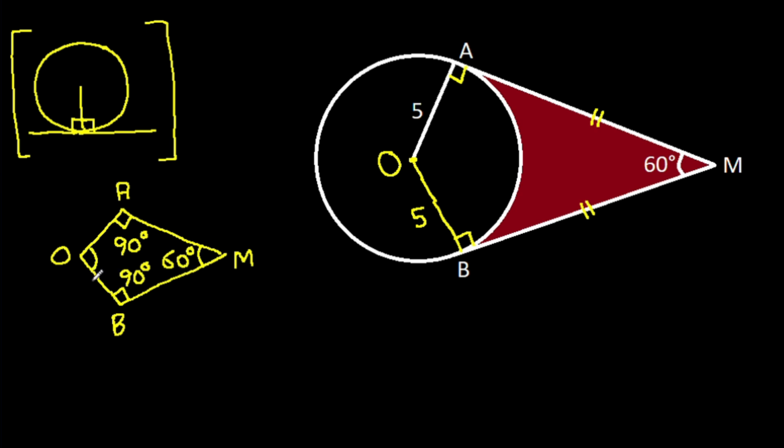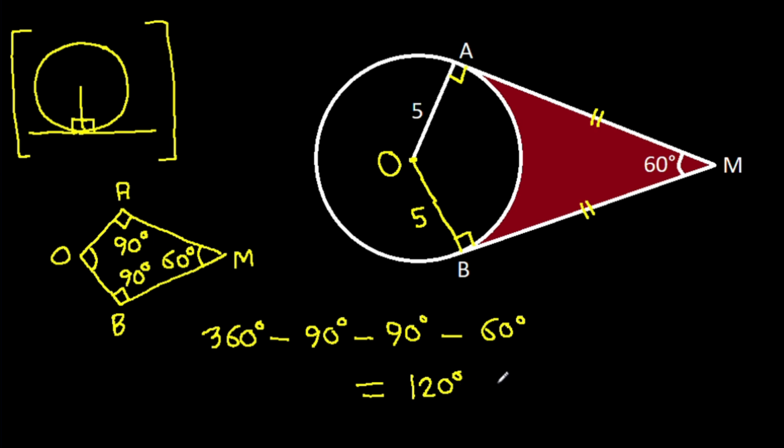So this angle will be 360 degrees minus 90 degrees minus 90 degrees minus 60 degrees, that will be 120 degrees. So this angle is 120 degrees,